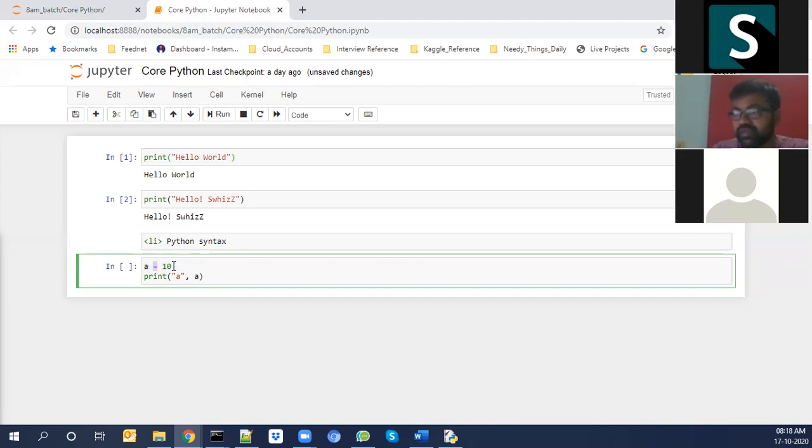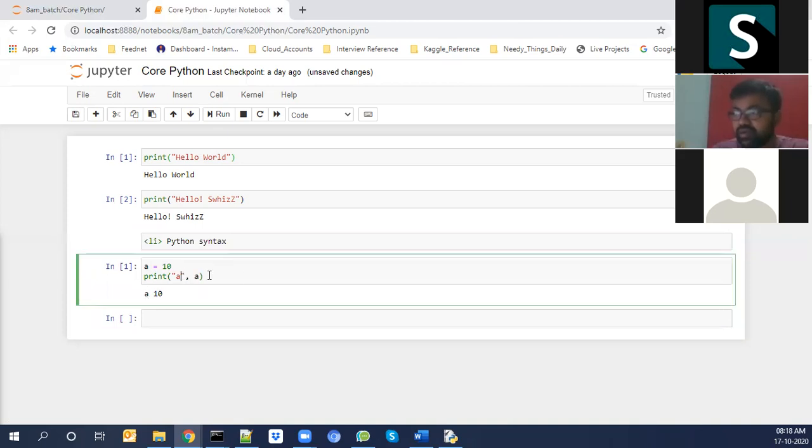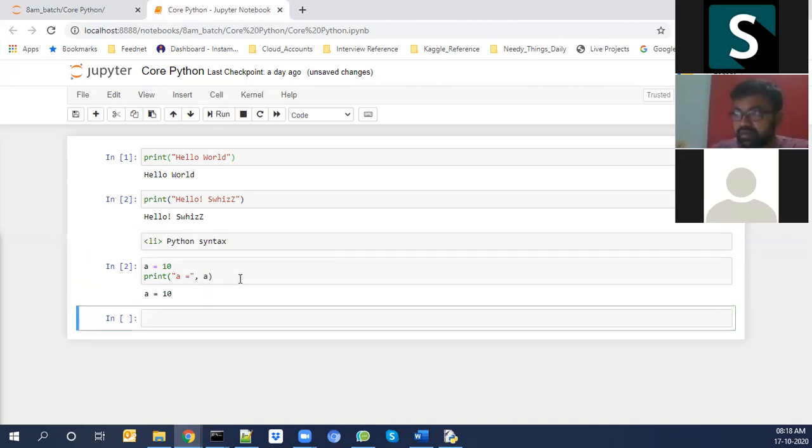The value from the right side is stored in the left side variable. So I stored the value 10 in a. I created an object for the value 10 with the name a.